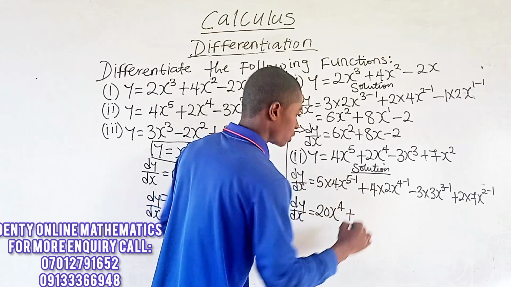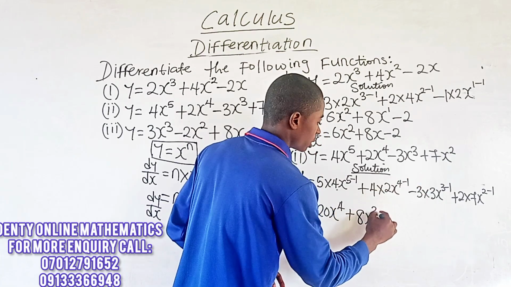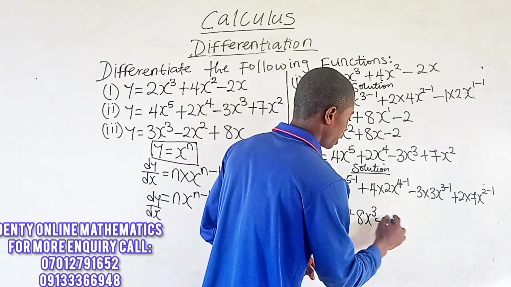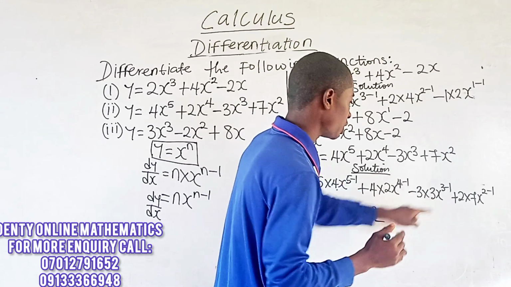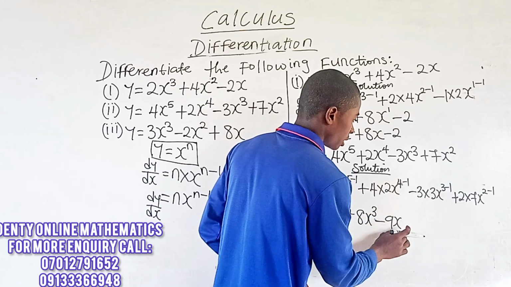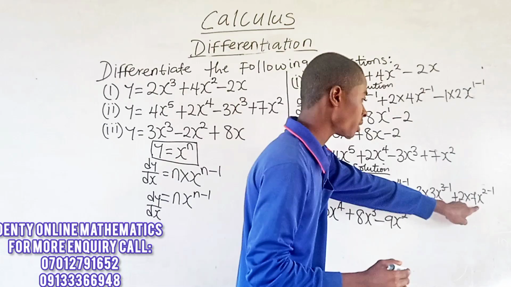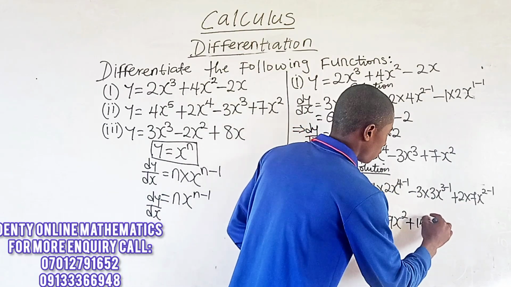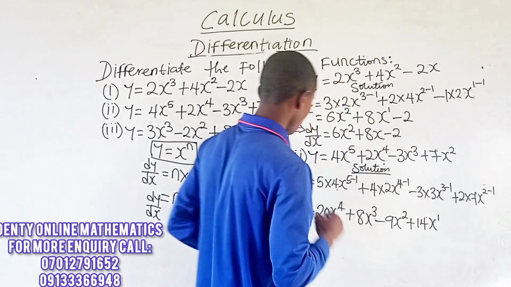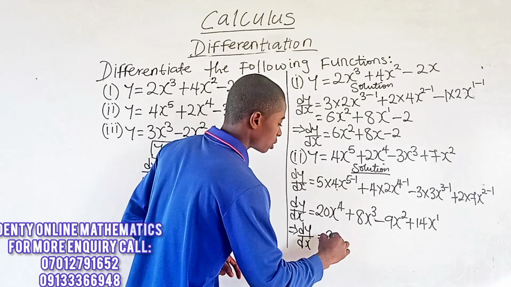Plus 4 times 2 is 8x. 4 minus 1 is 3. And then minus comes down. Bring down the minus sign. 3 times 3 is 9x, because we have x here. So minus 3 times 3x is 9x. And then 3 minus 1 is 2. And then let's come here. 2 times 7x is plus 14x. And then 2 minus 1 is 1. You get? So this implies that our dy over our dx is equal to